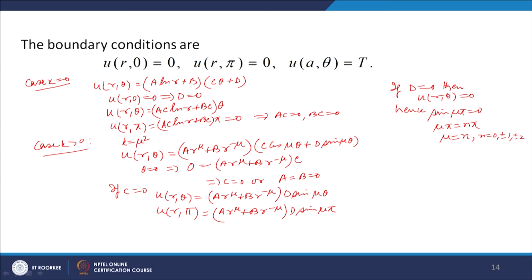When n is equal to a negative integer, then sin of minus theta is minus sin theta, so the minus will be absorbed in the arbitrary constants here. So, we can take n to be positive values. Then mu equal to n, and n takes values 1, 2, 3 and so on. Now, d can be merged inside the constants a and b. We can write now u(r, theta) equal to, a, d can be merged in a, and we can write a new constant, say e, (e r to the power mu plus b r to the power minus mu) times sin mu theta.